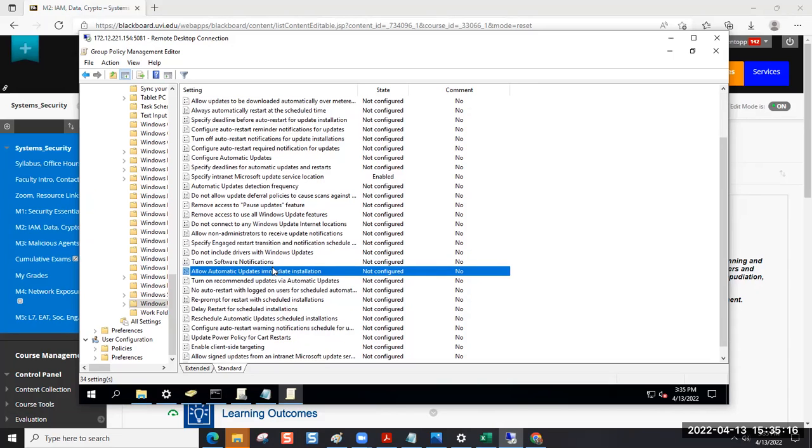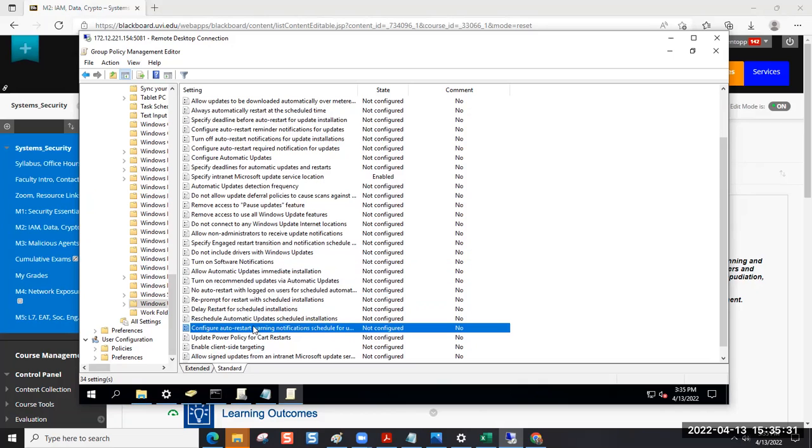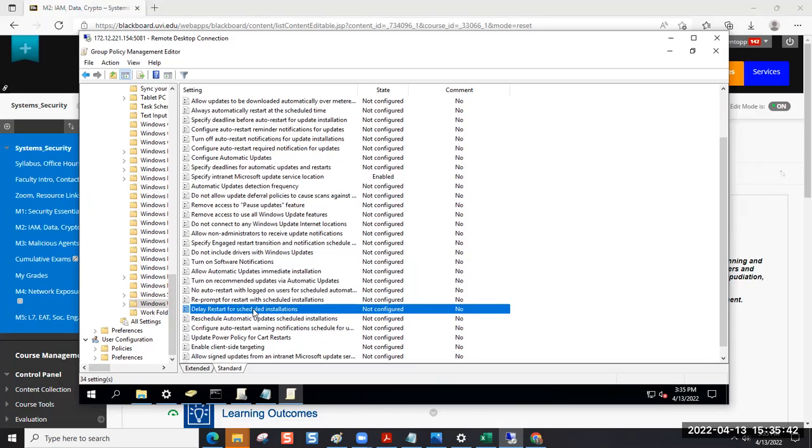So do I want to put it in the hands of the user to keep saying, no, I'm too busy, I don't want to load it? It just automatically updates, right? I can also do things like configure auto restart warnings, so my users are given a heads up, or I can delay the restart. So I can say, okay, load the thing, but then don't restart the computer until after business hours. But in here, I can specify